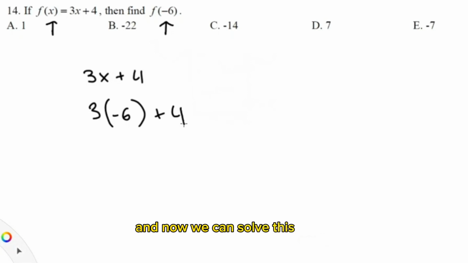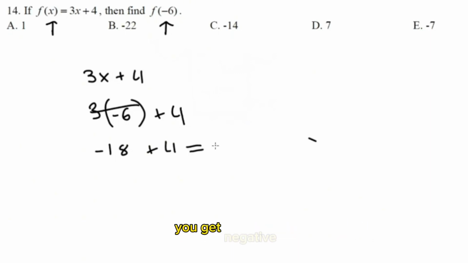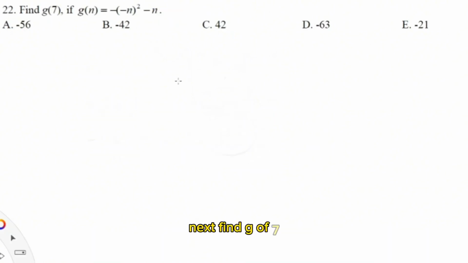And now we can just solve this easily. So 3 times negative 6 is negative 18. Negative 18 plus 4. So when you do that, you get negative 14. And that's your answer. Next, find g of 7 if g of n is equal to negative of negative n